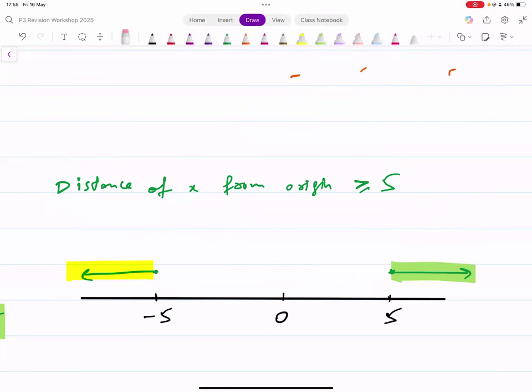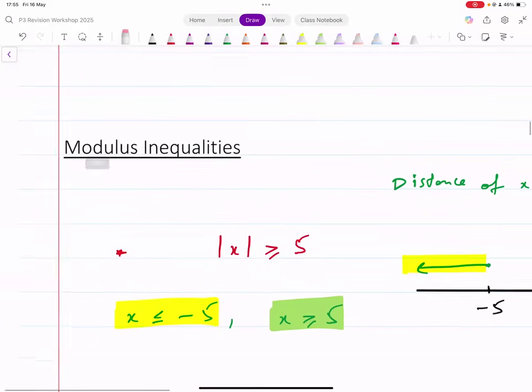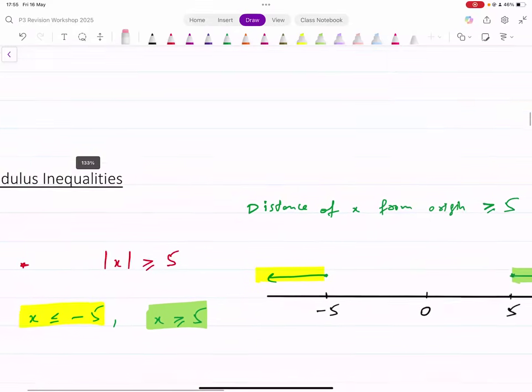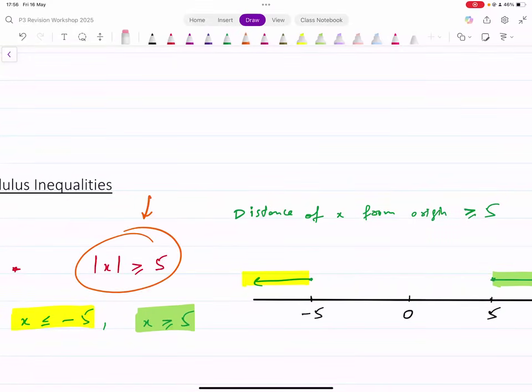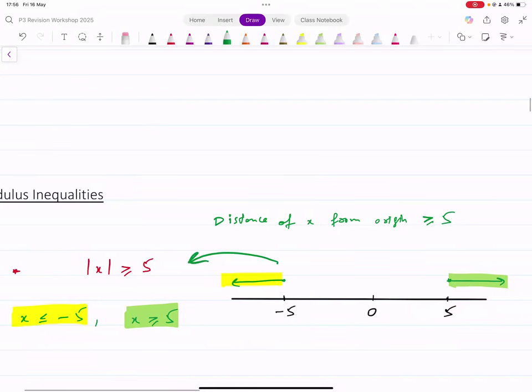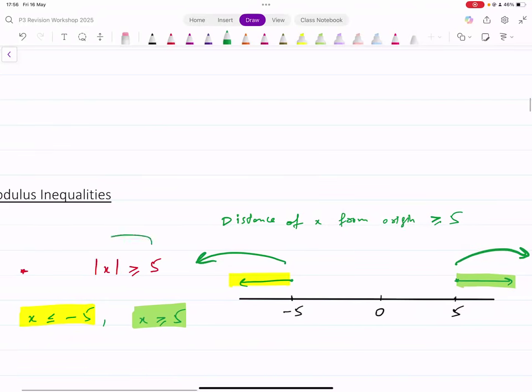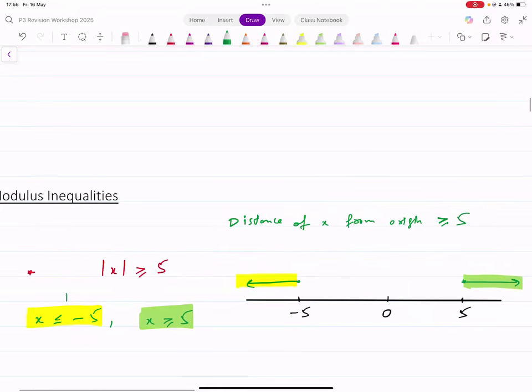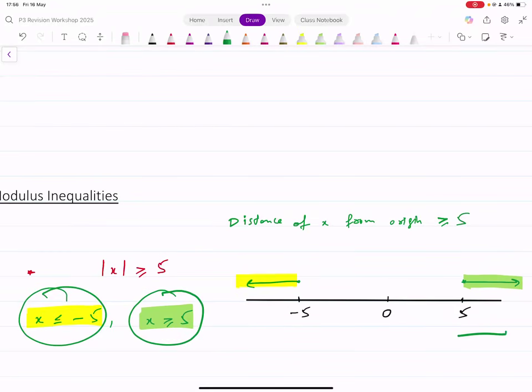Now, if you have something like this, modulus of x is greater than or equal to 5. Now, what does that mean? Distance from the origin should be greater than or equal to 5. Now, on this number line, where is that possible? You should either be to the left of -5 or to the right of +5. So if you have an inequality like this, you can write it like this, that it's x less than or equal to -5 or x greater than or equal to 5,